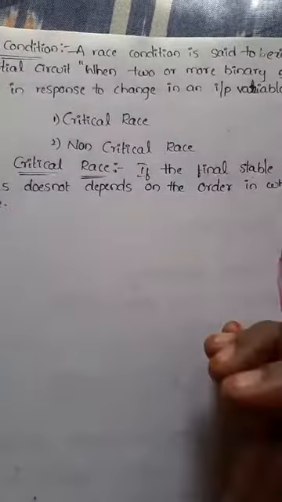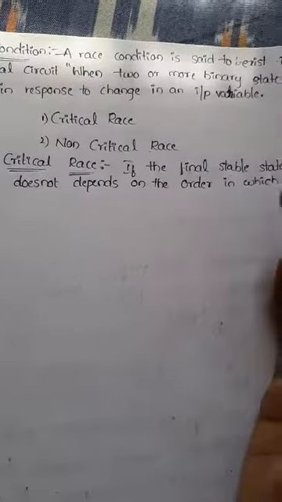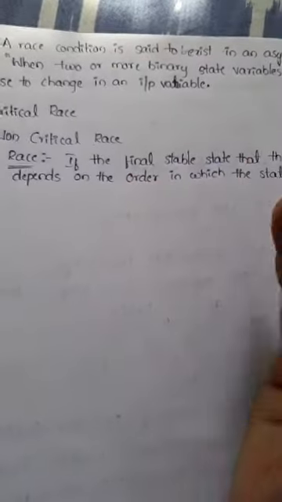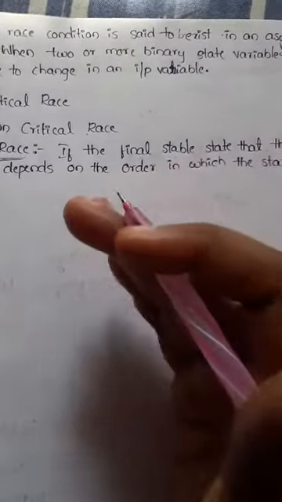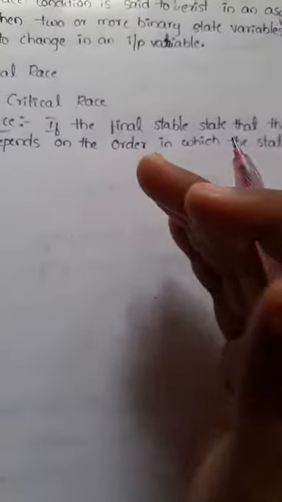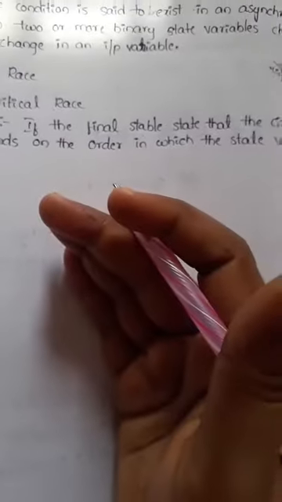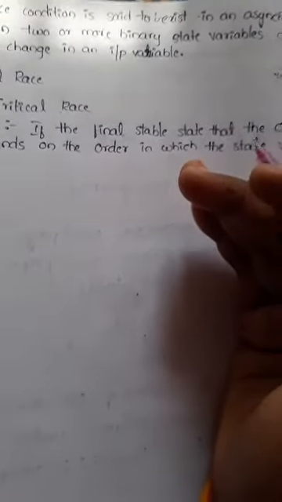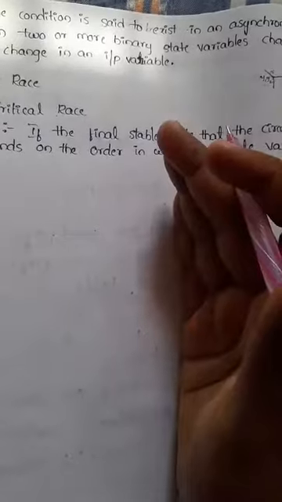At which stage do we get the race condition? In the transition table. During the transition from 0 to 1 or 1 to 0, if the input variable changes from 0 to 1, the transition can change and we can get the race condition. Whenever more than one bit can change, we automatically get the race condition. That means between adjacent cells for the input change, if more than one bit can change, we consider it a race condition.